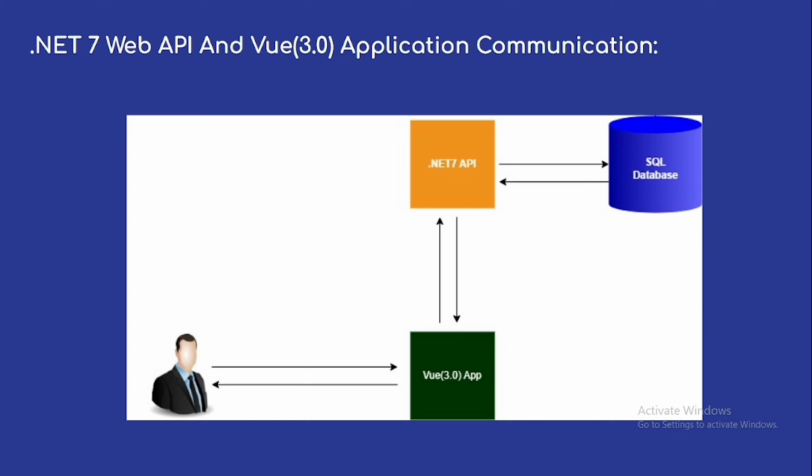Okay, so here API depends upon the database for getting the data. Okay, and the client application, nothing but a JavaScript application or Vue.js application, depends upon API to display the data to